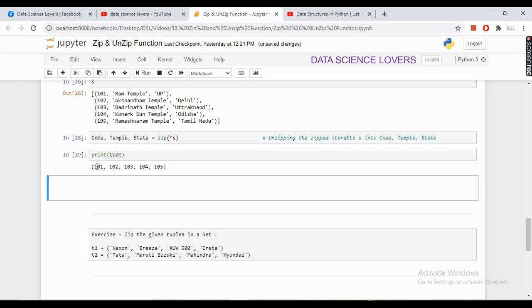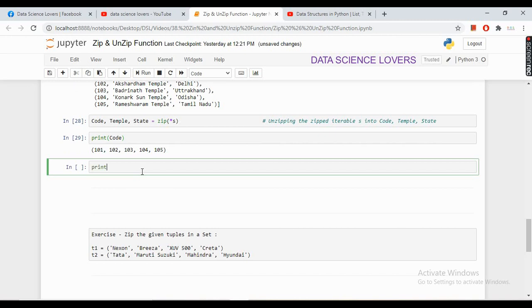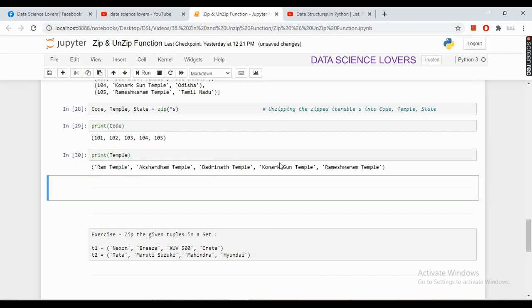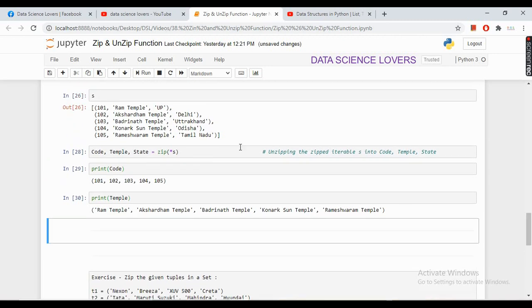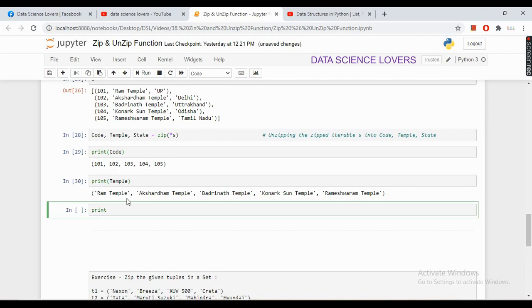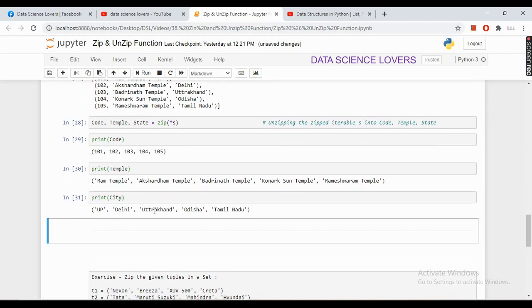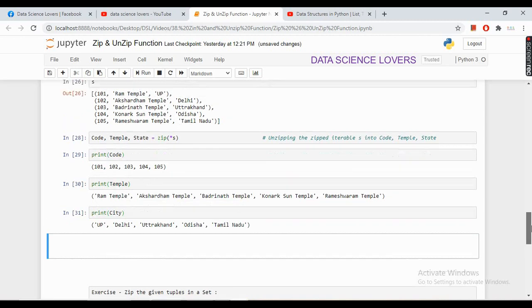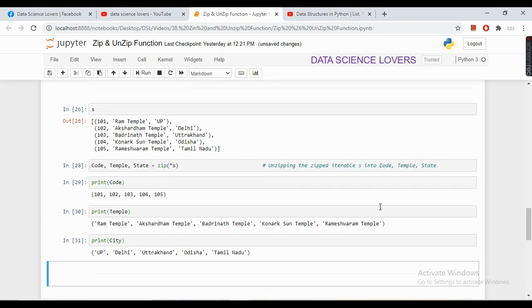this is my first iterable which contains the codes only, 101 to 105. This is my second iterable which contains the temple names only. These are my temple names, and this is my third iterable which contains the city names only. So this is how we can unzip iterables.